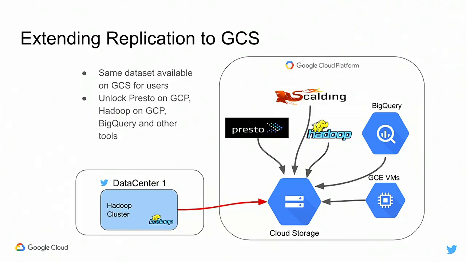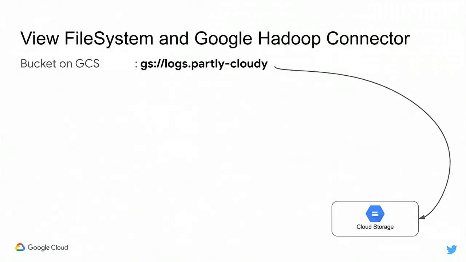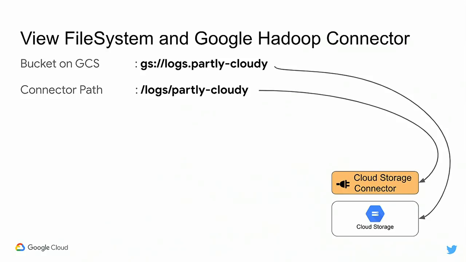So what did we do? We tried to see how we could do this, right? Remember I talked about the view file system, Twitter view file system. To access the data which is stored in GCS, which is buckets in GCS, you use something like this: gs:// and then the bucket name, logs.partlycloudy. Google has also open sourced this library called Cloud Storage Connector. What it essentially is,